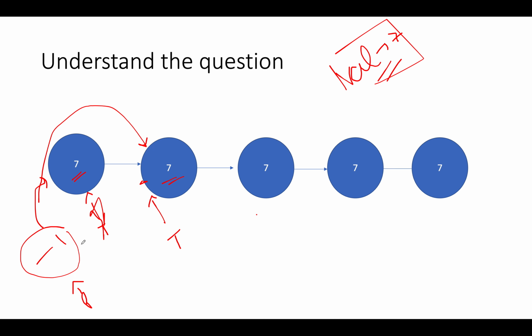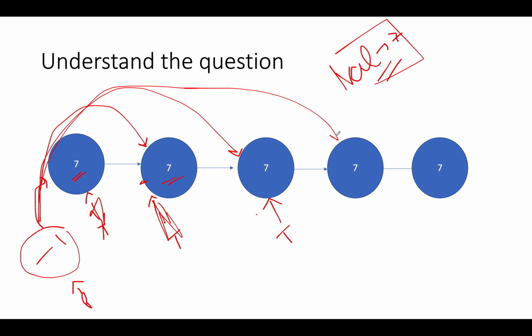Again we do the same thing. Previous.next points to iterator.next. So now previous.next points to this position. We update the iterator to iterator.next for the next iteration. Again it's a matching case. Again we do the same thing. Previous.next points to iterator.next. We update iterator to the next position. Iterator points here. Again it's a matching case. We update previous.next to the iterator.next and update the iterator for the next iteration.